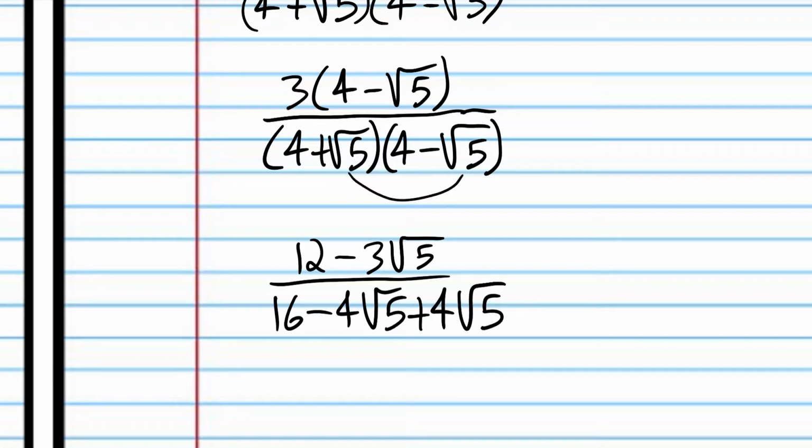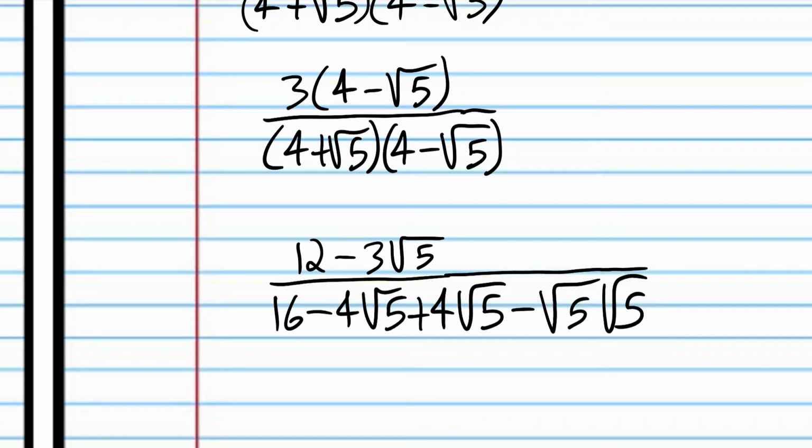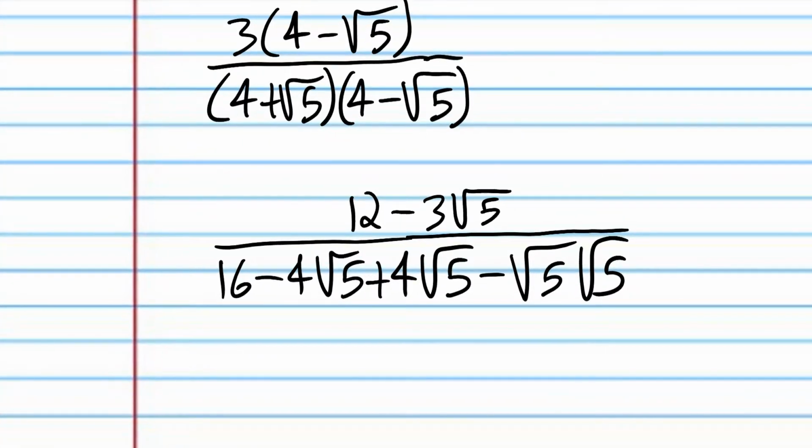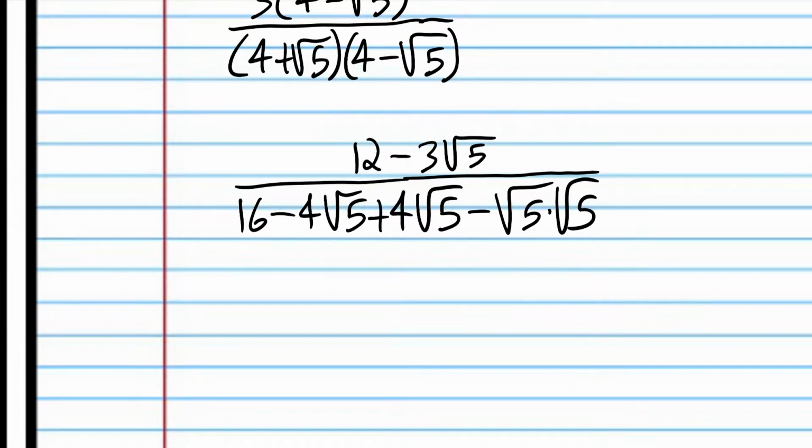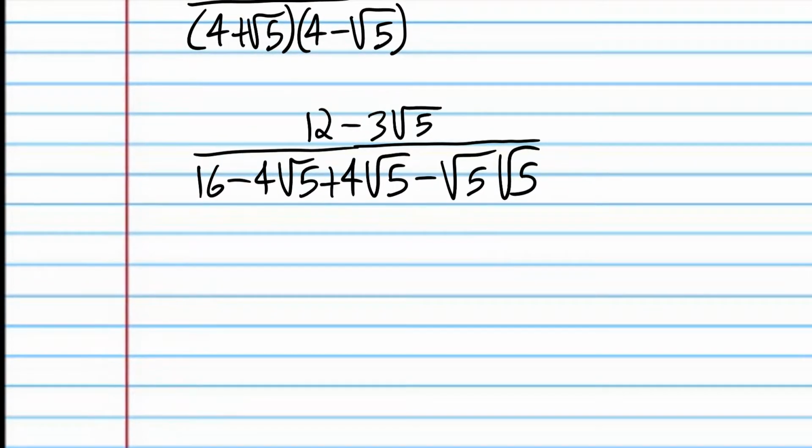And root 5 times negative root 5 is negative root 5 times root 5. I guess I can just write it out. Again, we're going real slow here just to be absolutely sure that you know what's going on. But I just want you to be aware you can skip through a lot of these steps. You don't have to write root 5 times root 5. And notice I didn't write a dot in between those roots. You don't really have to. So now we have 12 minus 3 root 5